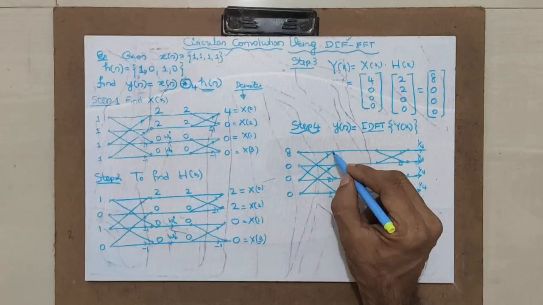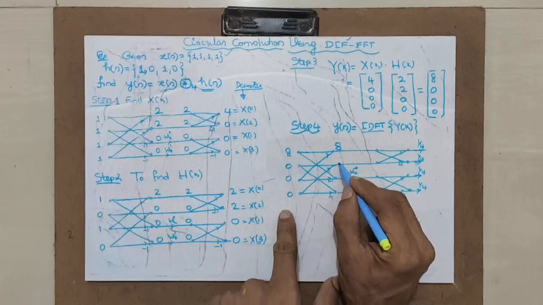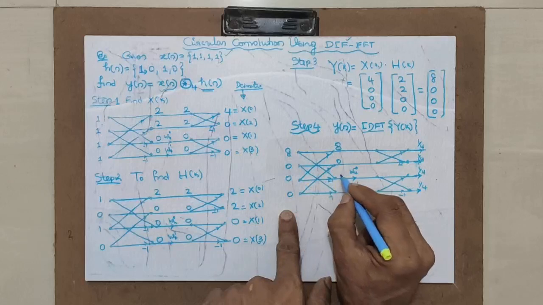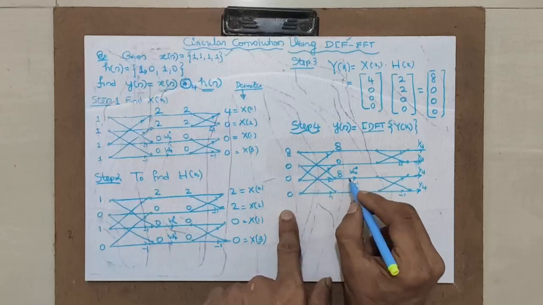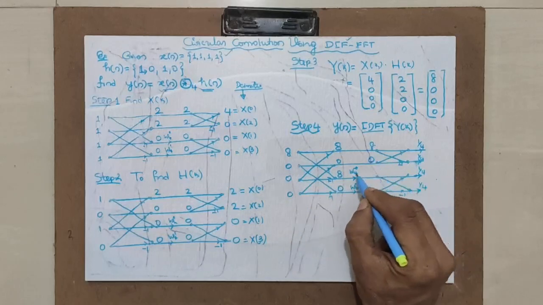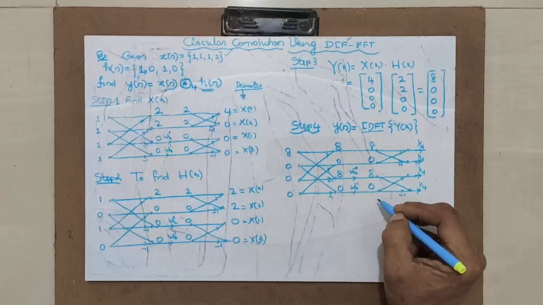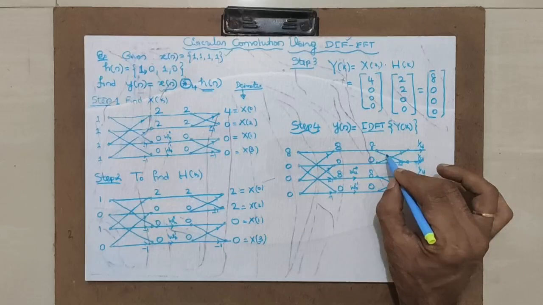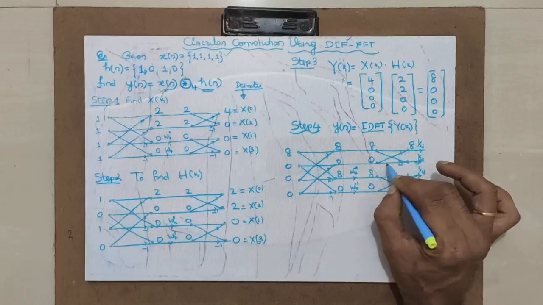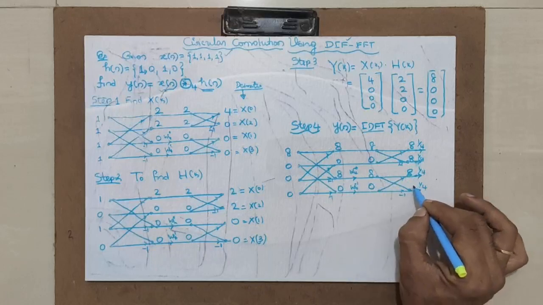Now this point 8 plus 0, 8. Now at this point 0 plus 0. Then next point 8 minus 0. Please note that it is 8 minus 0, it is 8. 0 minus 0, 0. Next 8 transfers here, 0 transfers here. 8 into 1, 8. 0 into j, 0. Now coming back to this point, 8 plus 0, 8. Then 8 minus 0, 8. 8 plus 0, 8. 8 minus 0, 8.